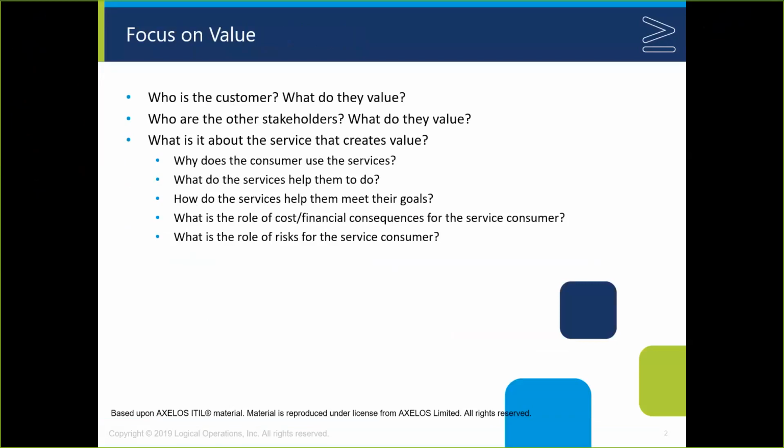So the first of these, focus on value, again begins with the customer. Who are they? What do customers value? How well do we really understand that? Right? And eventually you want to get them into a conversation about why services are services. How does this help them co-create value? What do they do with the service that enables them to get some outcome they want? What are they trying to accomplish? How does this, in fact, help them offset certain costs?